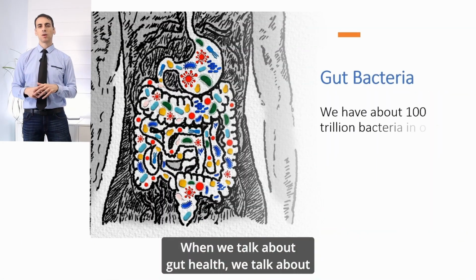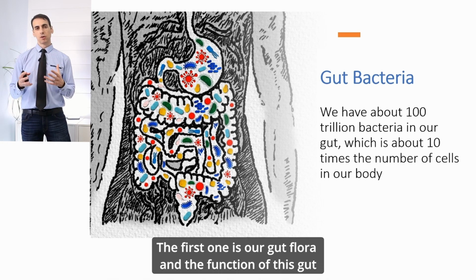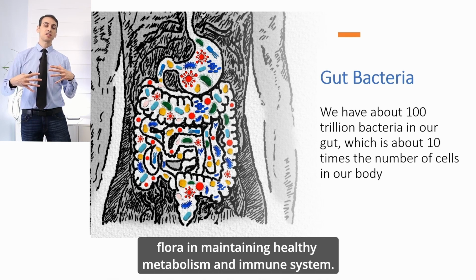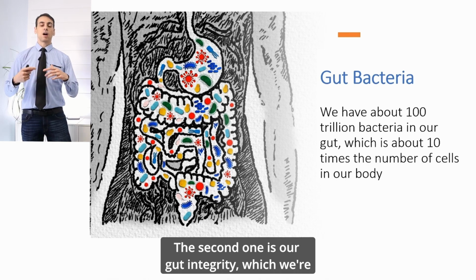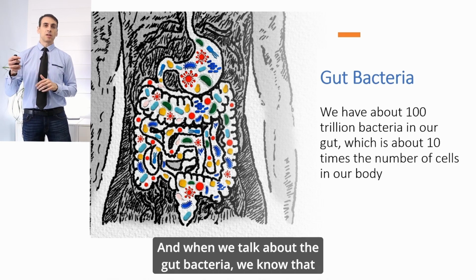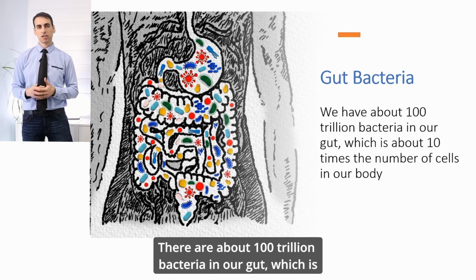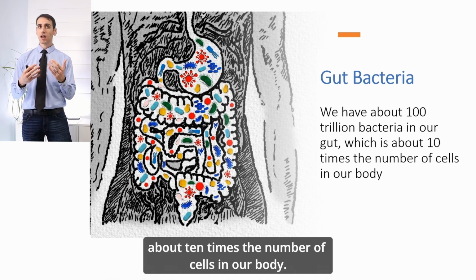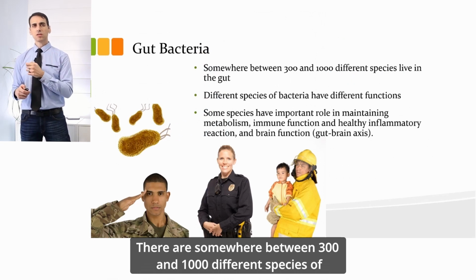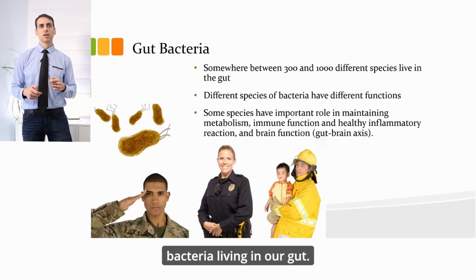When we talk about gut health, we talk about two different aspects. The first one is our gut flora and the function of this gut flora in maintaining healthy metabolism and immune system. The second one is our gut integrity, which we're going to be talking about in a few slides. And when we talk about the gut bacteria, we know that there are multiple species of bacteria. There are about 100 trillion bacteria in our gut, which is about 10 times the number of cells in our body. There are somewhere between 300 and 1,000 different species of bacteria living in our gut, and different species of